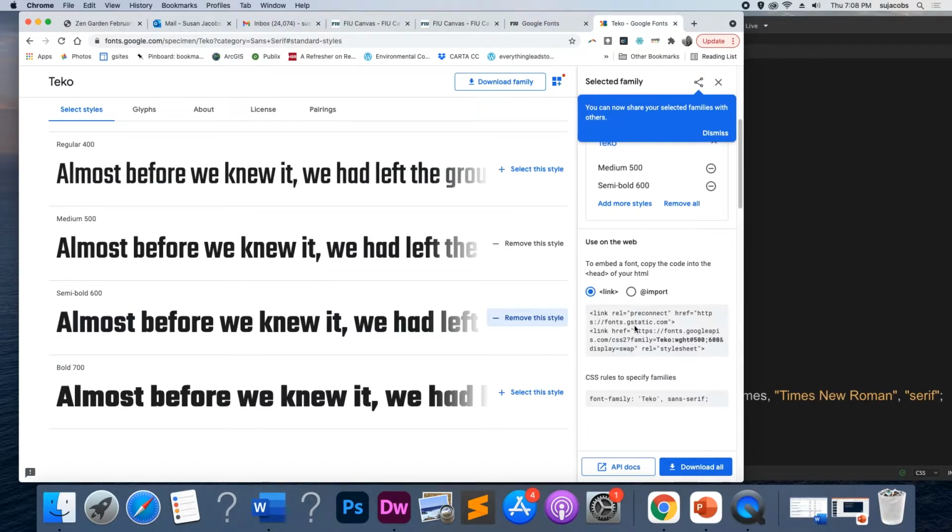Now there's 2 links here. The first one says link rel equal preconnect. What this does is it says when the document loads, we're going to be using a Google font. So we want you to go ahead and connect to that font and get ready to use it. It just speeds up the time it takes for the font to appear on your page. The next